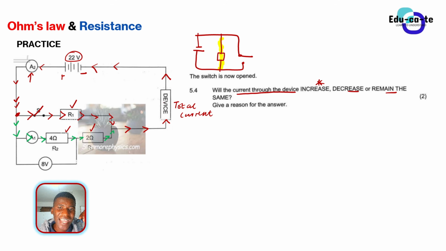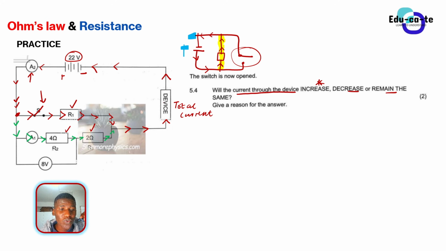You can see that these wires are connected perfectly. There is no place which is open, so the current can flow, because the current needs to move from the positive to the negative terminal. So we can say that the current is able to pass in this route. The current will not be able to go here because the switch is open. So now we are opening switch S in this diagram.